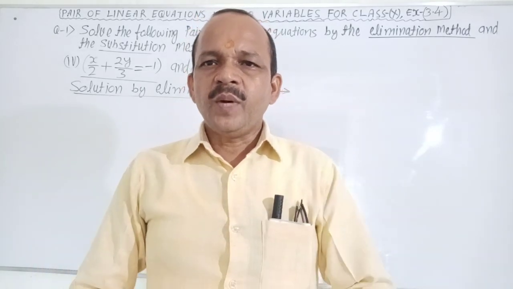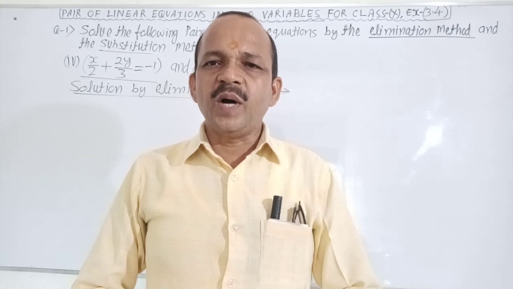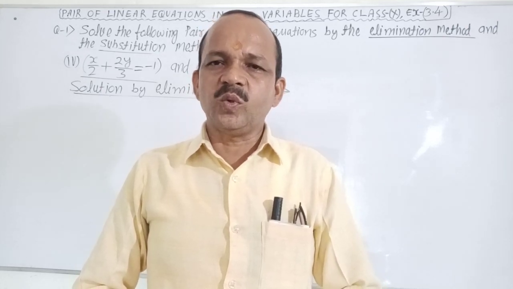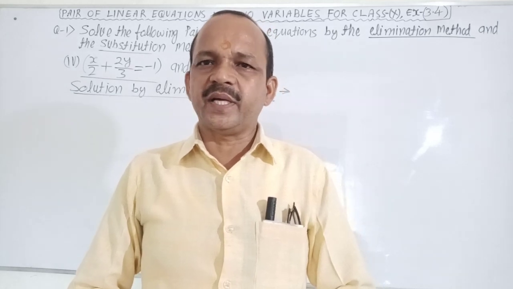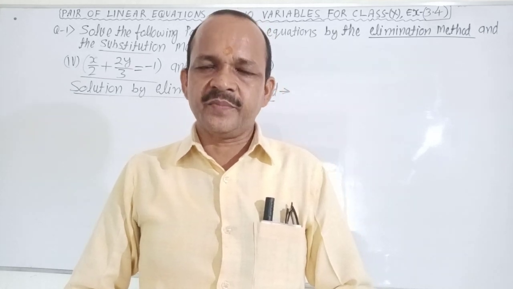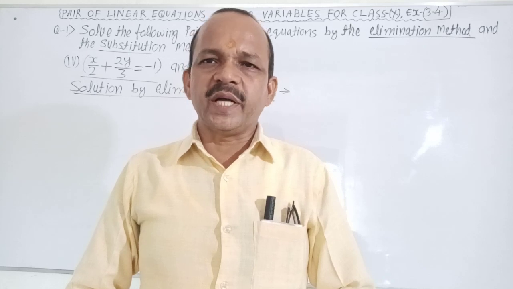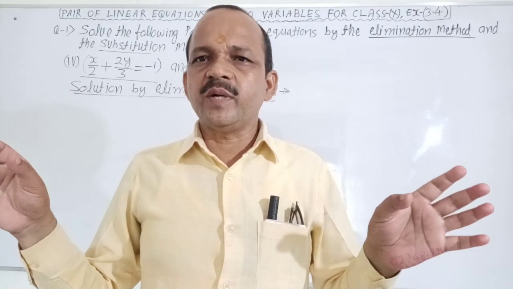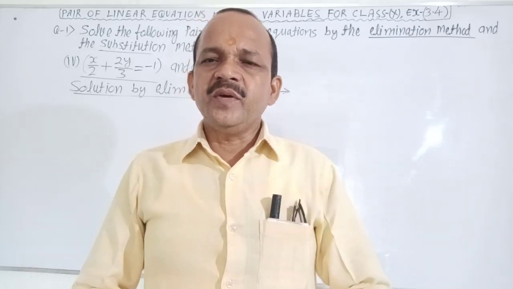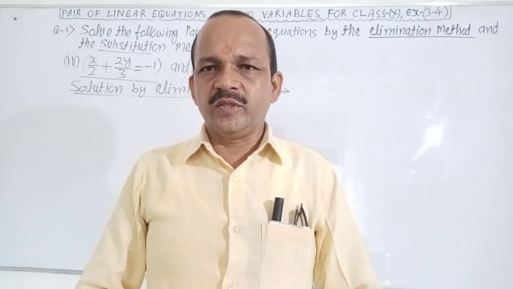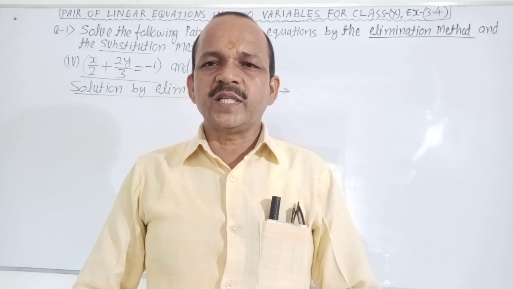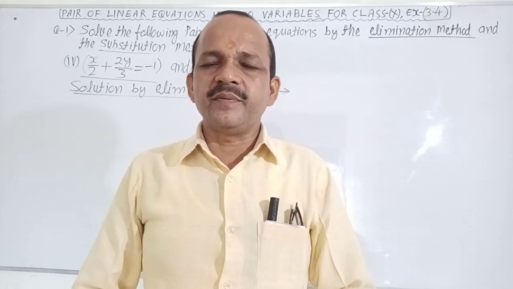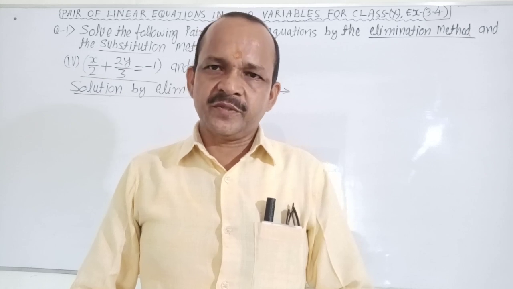Very good. Firstly, I want to describe the form of a pair of linear equations in two variables, because you can ask me what the form of a pair of linear equations in two variables is. It is new for you, so you can ask very easily. It is clear. Very good. a1x plus b1y plus c1 equal to 0 and a2x plus b2y plus c2 equal to 0. It is the form of a pair of linear equations in two variables.